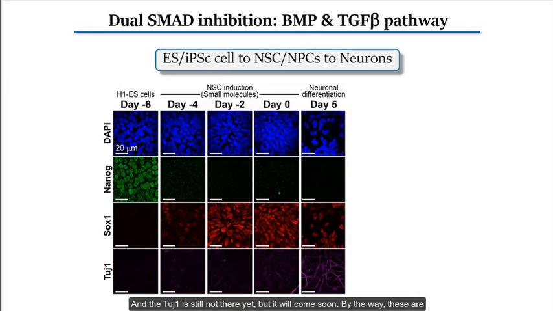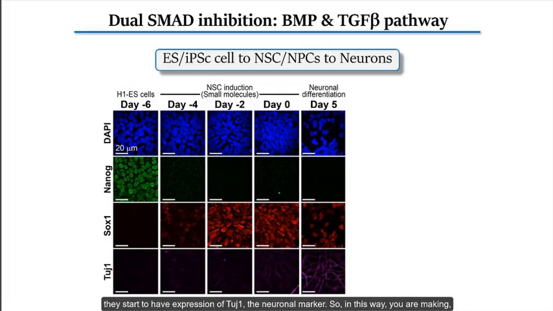By the way, these are the cells you were imaging yesterday using alkaline phosphatase, for whoever went to the lab. And after 5 days, from day 0 to day 5, you can plate them, take them off, dissociate them, and plate them again for another 5 days. You start after 5 days and provide some other small molecules, and I'm going to go into that.